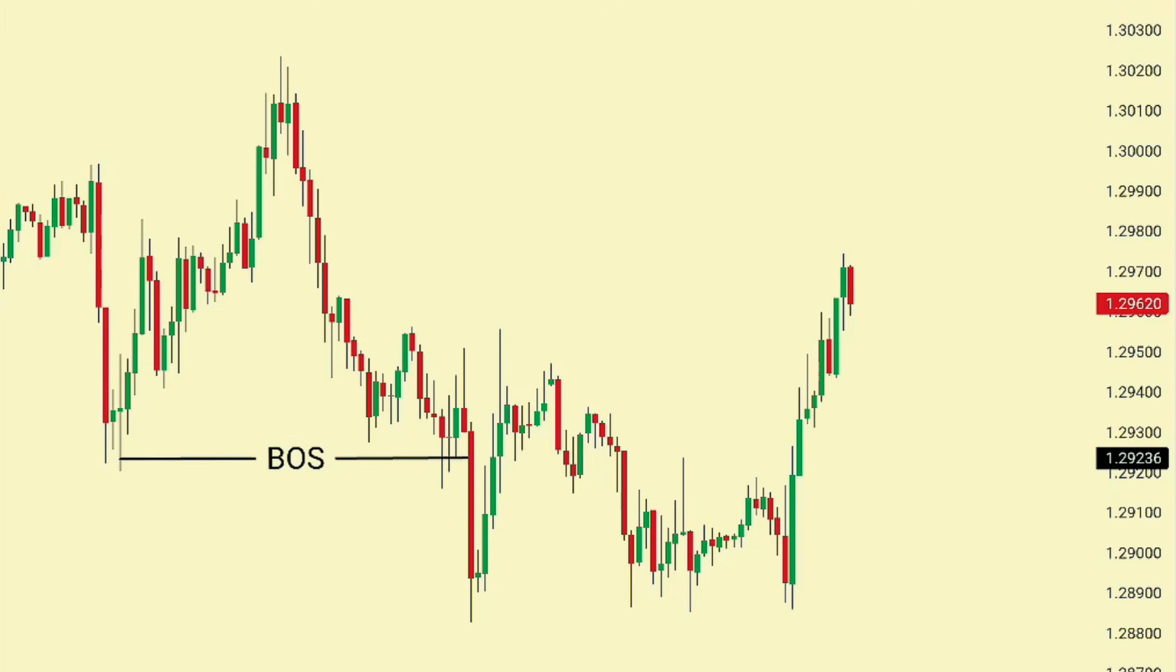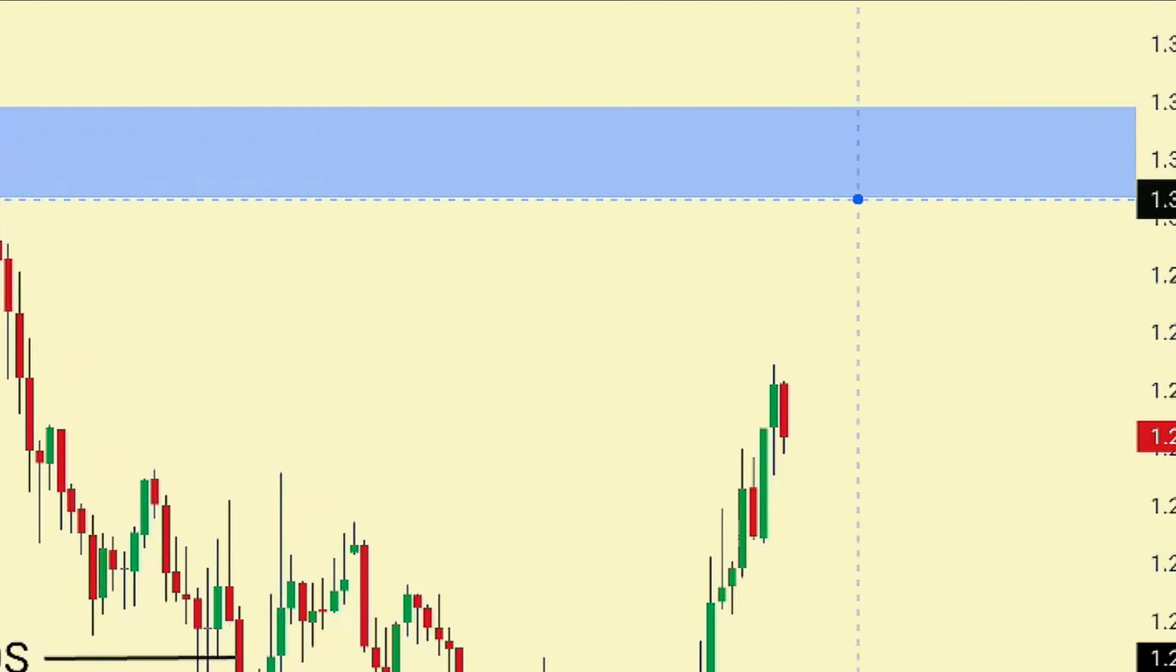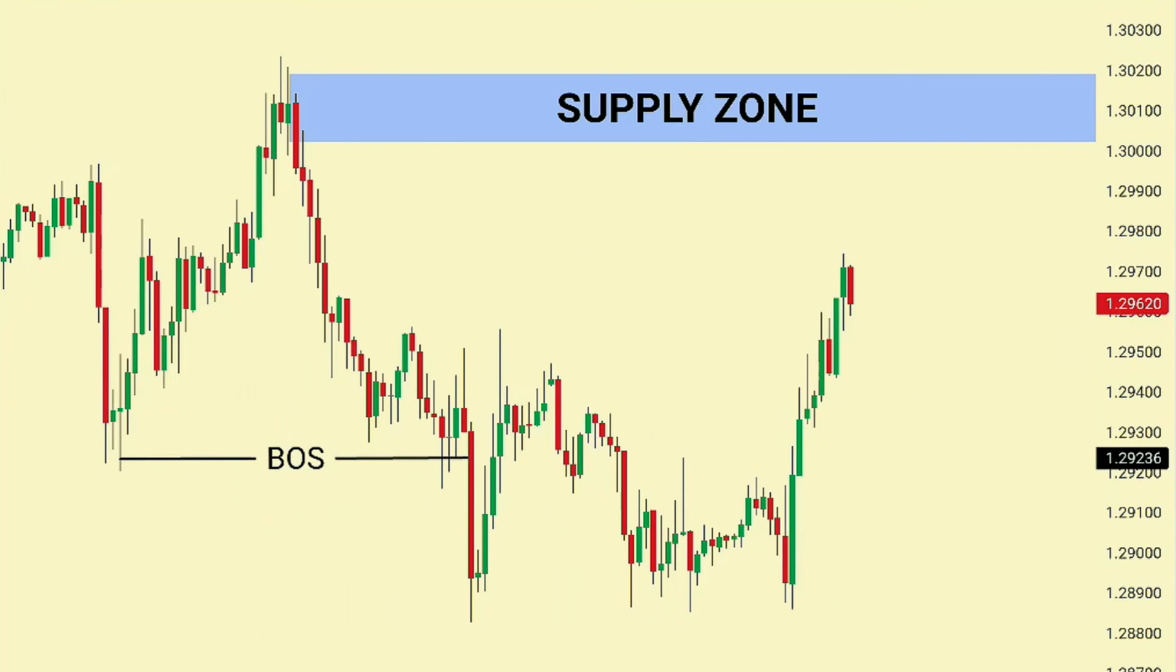Now let's identify the area where we expect price to return before looking for an entry. Now let's mark our supply zone. This is the area we'll be focusing on because it's where we expect sellers to become active again. You'll notice that this zone is responsible for the strong bearish move that followed earlier, which makes it an important